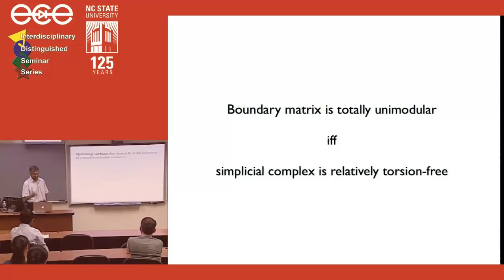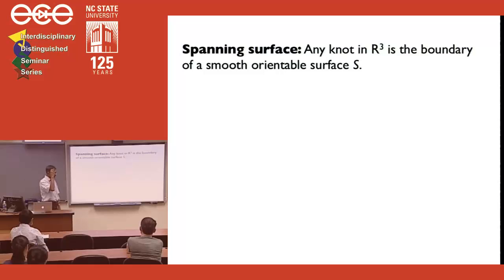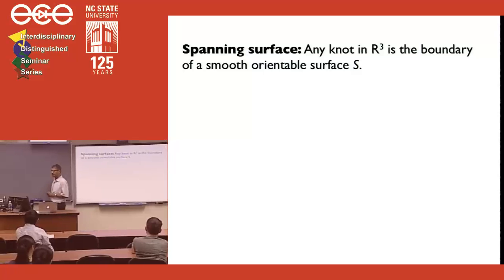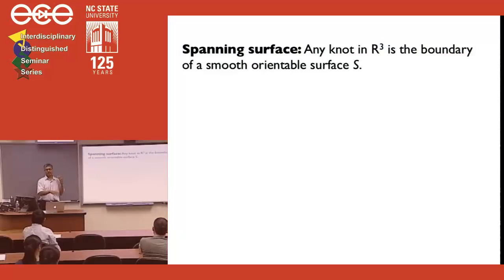And torsion is sort of algebraically difficult sounding, but homology groups can usually be written as some copies of Z plus some copies of Z mod A plus Z mod B plus Z mod C, where A divides B, B divides C. So whenever you have these trailing things, then you have torsion, and it usually happens when you take, let's say,